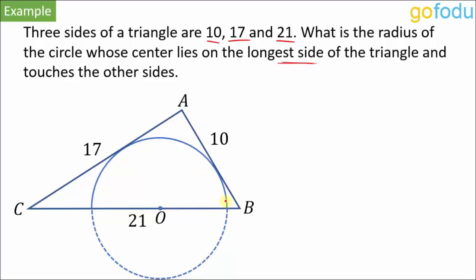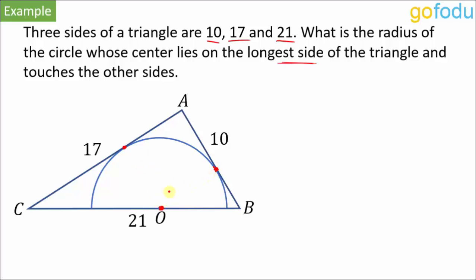this circle. So if I remove this lower part of the circle, this simply means a semicircle is inscribed in the triangle ABC. If it were a complete circle inside this triangle, we could have used the properties of incircle and inradius. But here we have a semicircle. So we'll have to make some kind of construction here. For construction, center is the most important point, and then other point of contacts are also important.